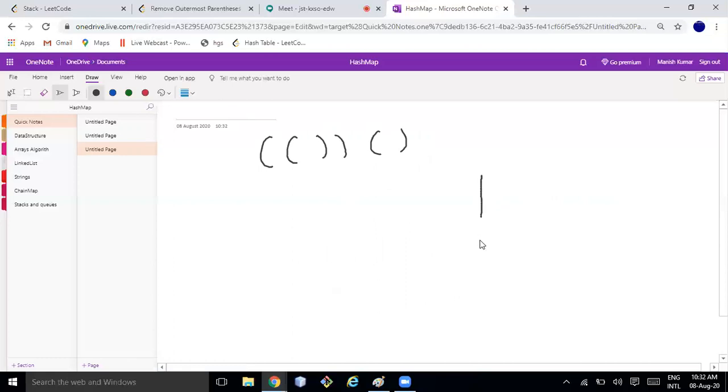If the stack is empty, only... no, sorry. When the stack is empty, only push it onto the stack, don't append it to the result. So don't append it here. Okay, so I processed this one.